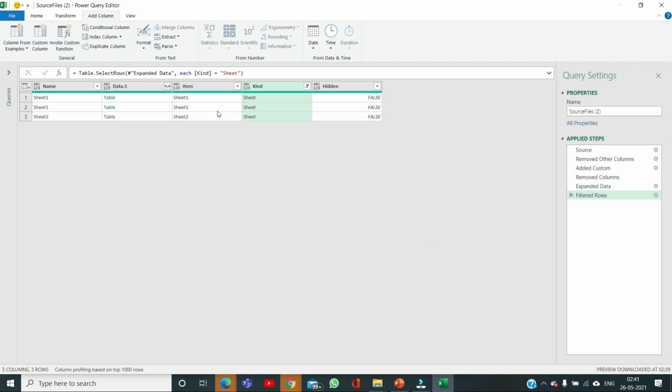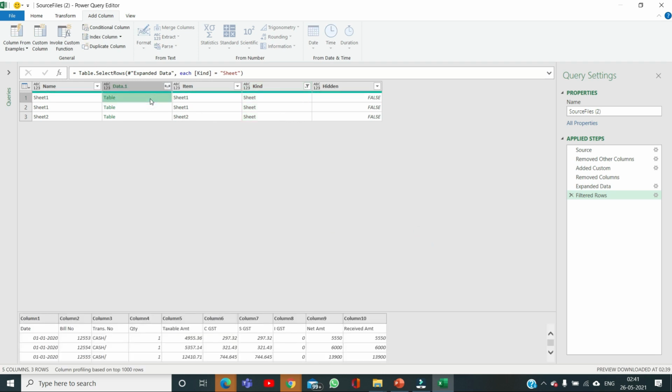Now let's see what happens. At this point, we can see that the headers are appearing different, and my actual headers are appearing as a row. If we import this data at this point, we may get one extra line for the header in our rows, and our actual header will appear as Column1, Column2, Column3, which is not a good thing.